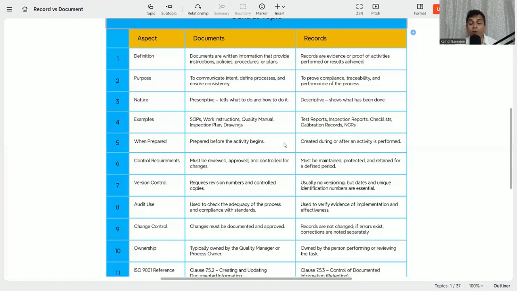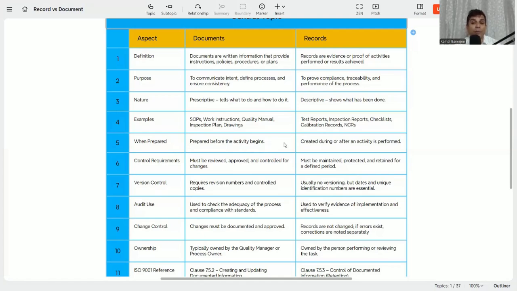That becomes the record. Examples of documents are SOPs, work instructions, quality manual, inspection plans, drawings, etc. And records are test reports, inspection reports, checklists, calibration records, NCRs. These are all records, which are the evidence that the work has been completed. That becomes the record.